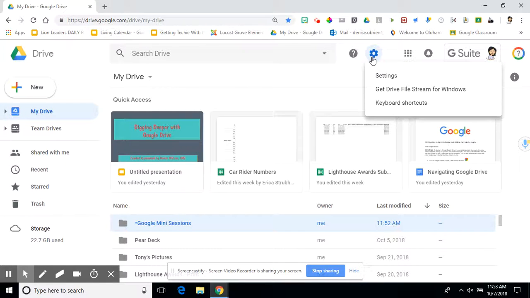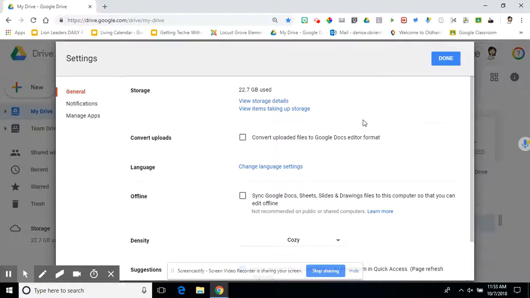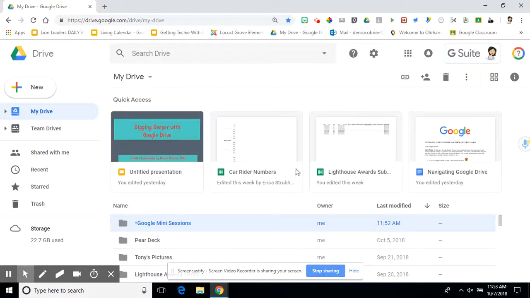This is overall settings for Google Drive. So this is the cogwheel up here. If I click on settings, you can see what things you do have control over. This box will allow you to, if you have Word documents that you are uploading to Google Drive and you want them to automatically convert into Google Docs, then you can check this box. Otherwise, I don't keep that box checked because I like to decide